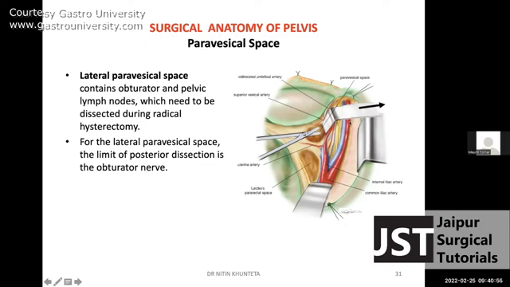pelvic wall, anteriorly and inferiorly up to the inferior epigastric artery or corona mortis that I discussed, and superiorly to the level of the common iliac artery. This is the importance of the lateral paravesical space, posterior dissection. And if the lymph nodes are enlarged in the superficial obturator fossa, then we have to go posterior to the obturator nerve and remove the lymph nodes posterior to the obturator nerve also, to complete an oncologically sound lymph node